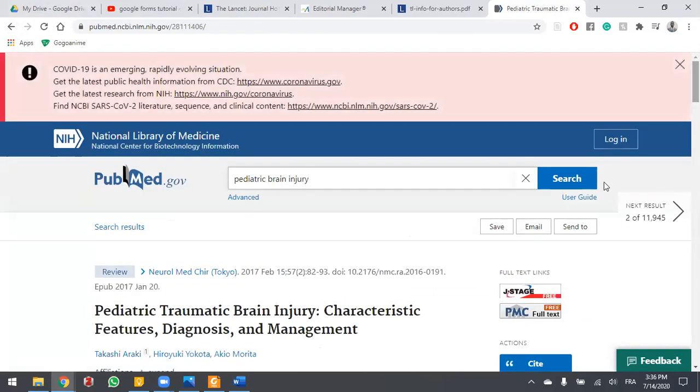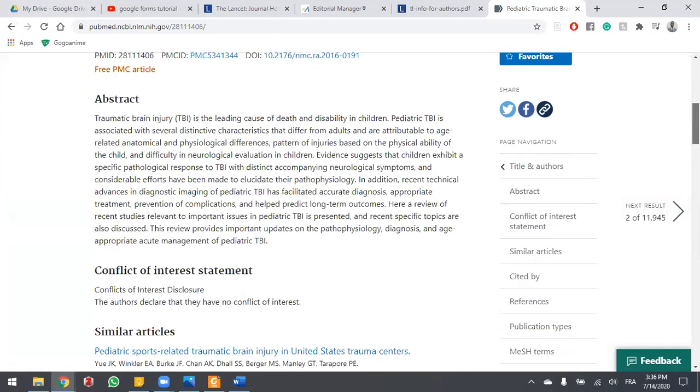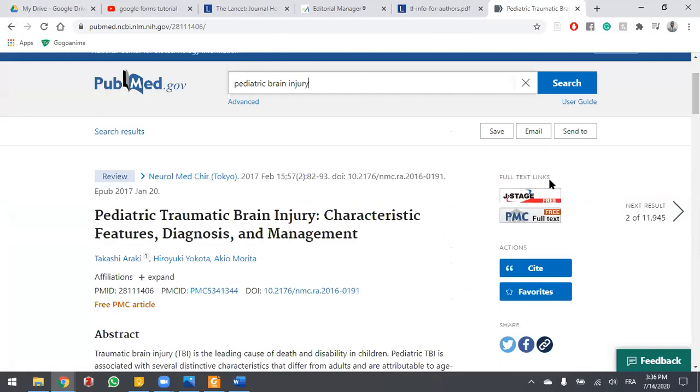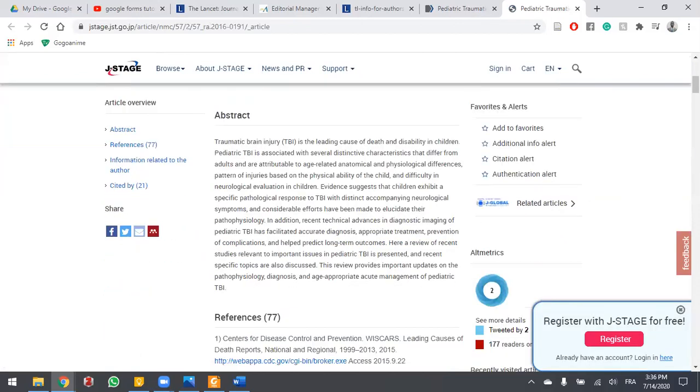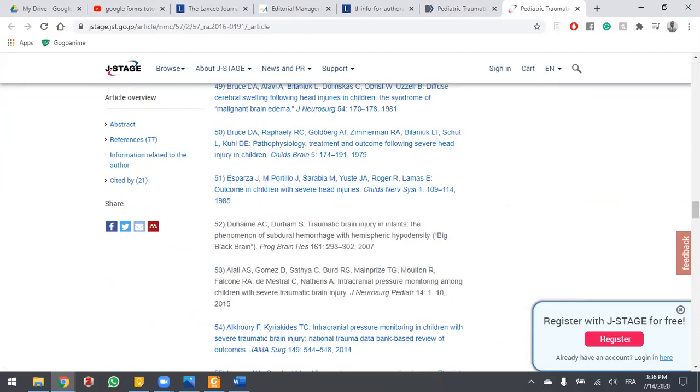Yes, so this article is available for free. What this means is it's open access, so we can read the entire article here for free. And what this will mean is someone paid the fee, and usually it would be the author.